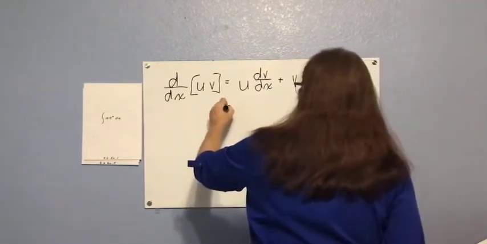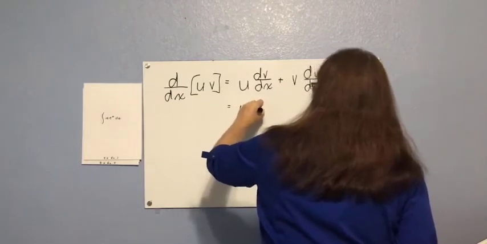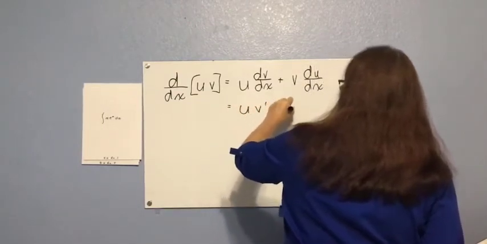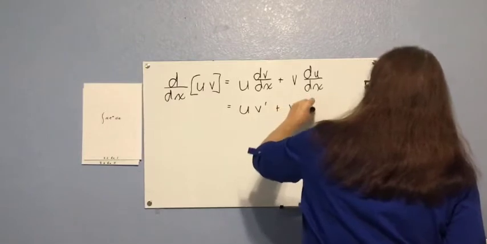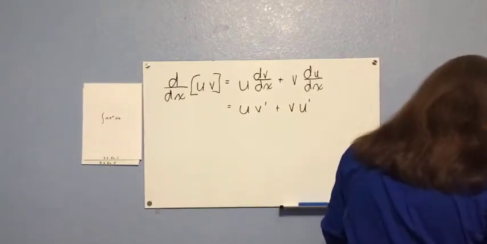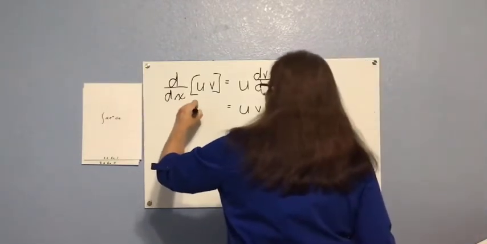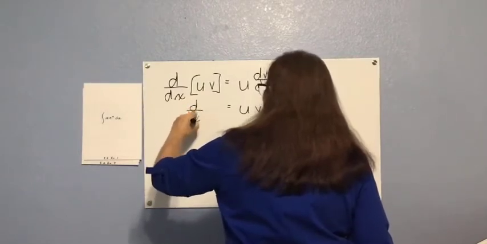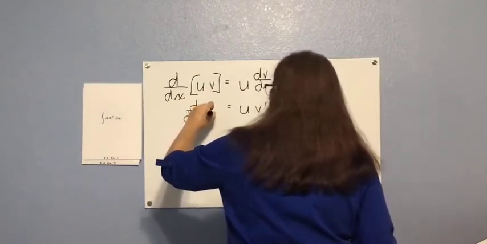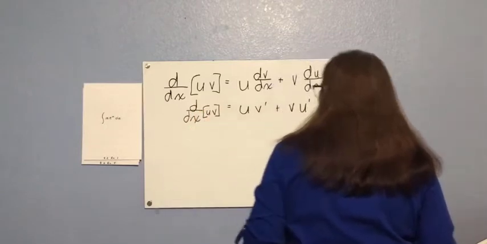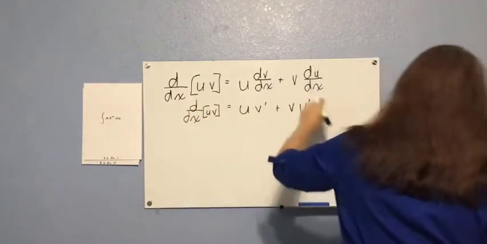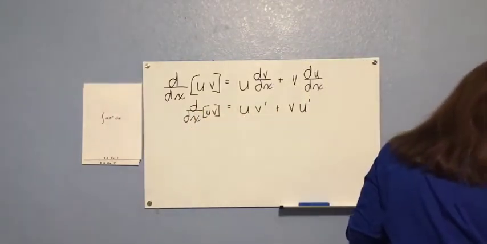And I could even rewrite that as u v prime plus v u prime. Okay, if both of these functions u and v are differentiable,